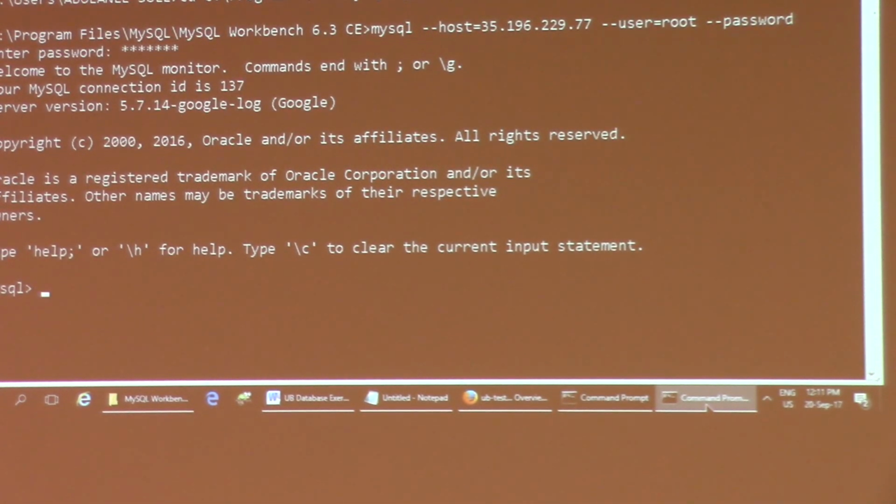So this is what you'll be using. Like when you want to start doing your project, you want to create a project, you can be working from here, then you upload to the GCP environment. So this is a very important step. You should know how to connect from MySQL to